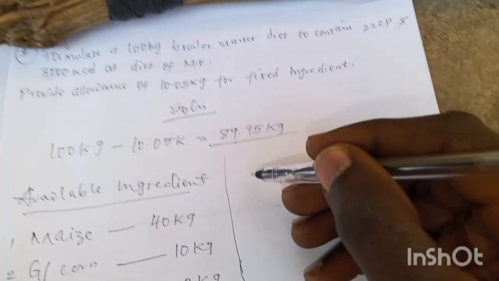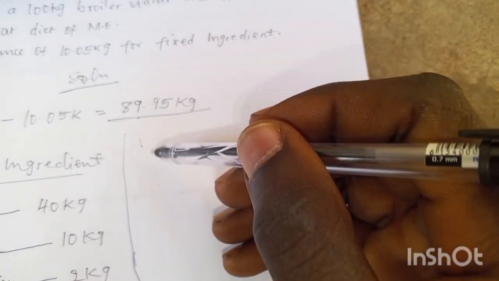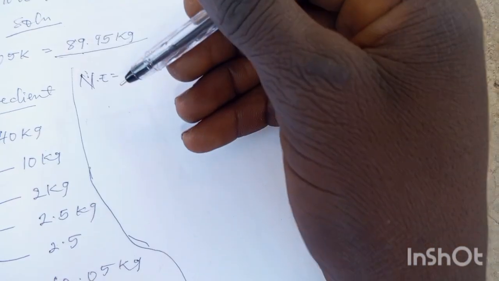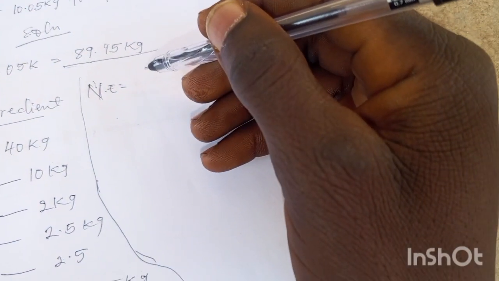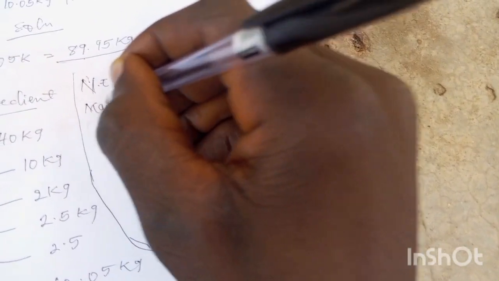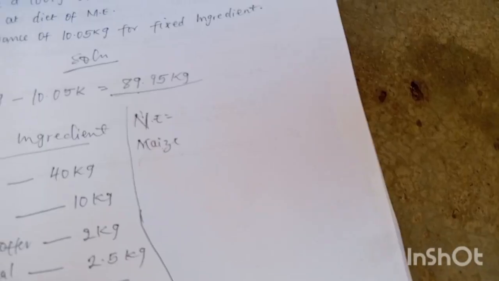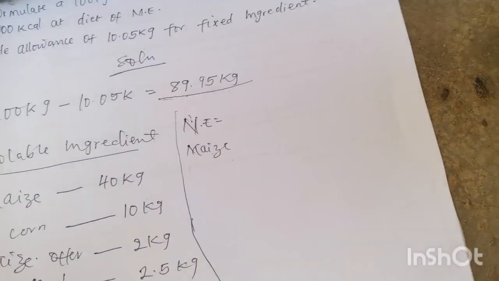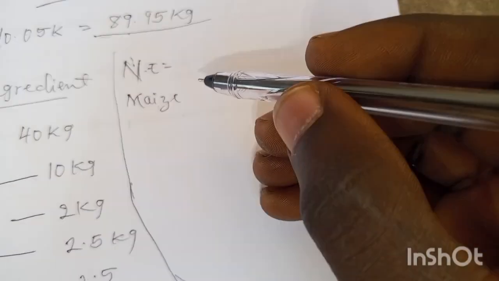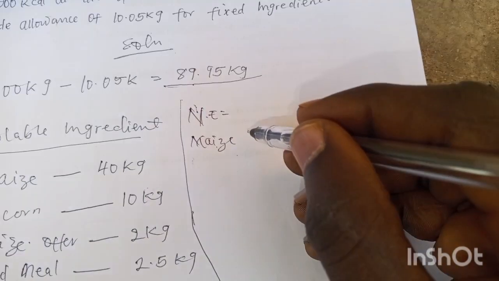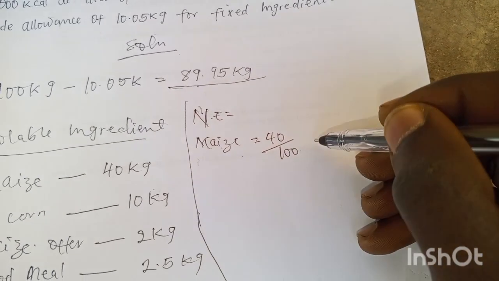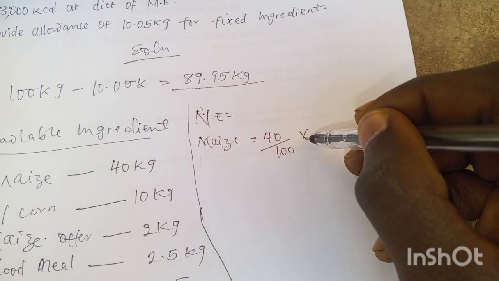Now, calculating for ME, we'll say that ME is equal to, number one, our maize. Maize here is 40 divided by 100 times